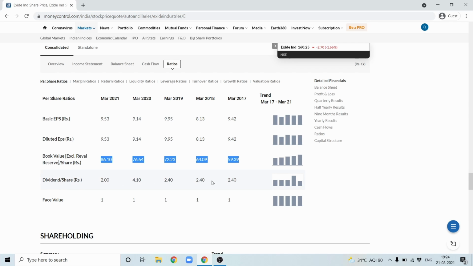And also the company should give a good dividend, because the dividend is given by a company only when it is earning a good profit, right? So if it's continuously giving a good dividend, that company is performing well. But some companies are exceptions. Instead of giving the dividend, they invest their money to develop their business.